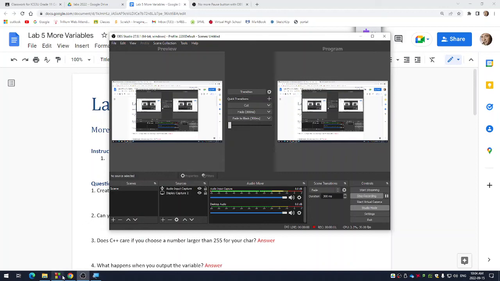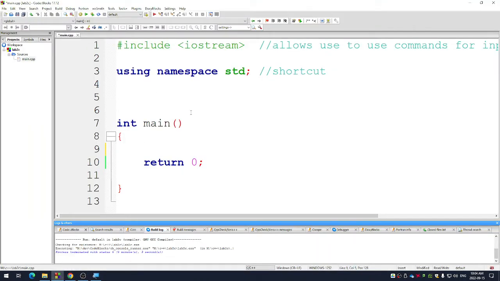Let's look at what we've learned so far in coding, okay? Am I recording? Yes, I am. Great. So here's what we learned so far. You can make variables in C++,